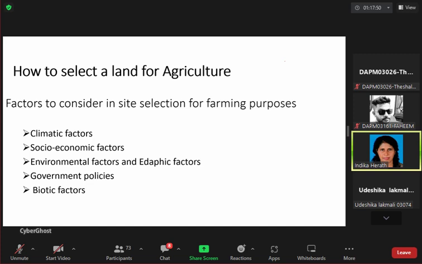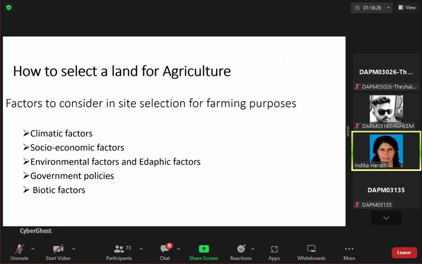There are factors that need to be considered, especially when we are selecting a land for agricultural purposes, right? What are these factors? We call it factors to be considered in selection of land for farming purposes. So there is a list of properties or factors that need to be considered. Very first one is climatic factors, because